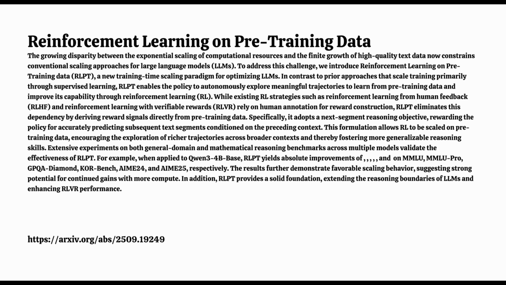Usually when we hear reinforcement learning, like RLHF, it's something you do after the main training, right? And it needs tons of human labels, which is slow and expensive. Exactly. So the key thing here for you listening is RLPT gets rid of that need for human annotation completely. Yes, it's designed as a self-supervised method. So instead of needing a person to say good answer or bad answer, RLPT figures out its own rewards automatically, just using the huge unlabeled pre-training data set.